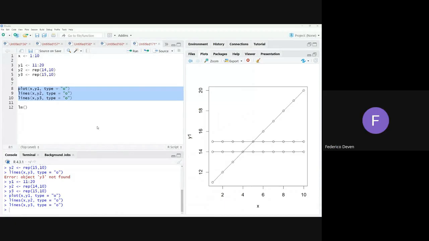The reason I want to be faster is because this is still basic, right? So we can go as fast as possible. But then